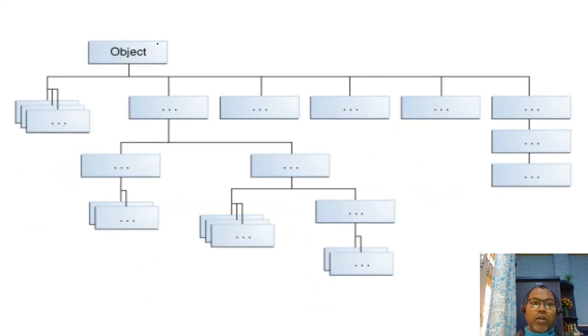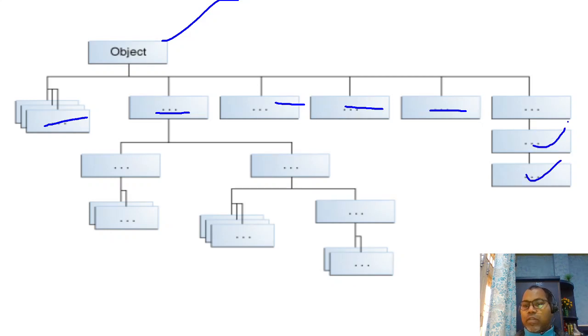This is your Object class, and the Object class has multiple subclasses. Maybe this subclass is inherited from this, and that is inherited from this, and this from this. Anyhow, whenever you are creating any class, maybe you have different subclasses, but directly or indirectly your class will be a subclass of your Object class.